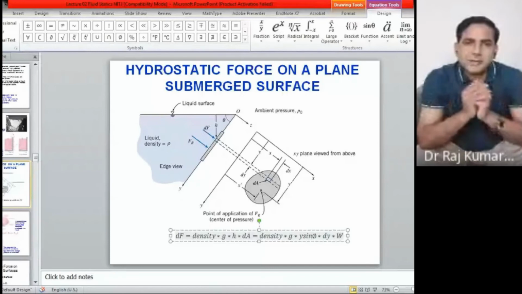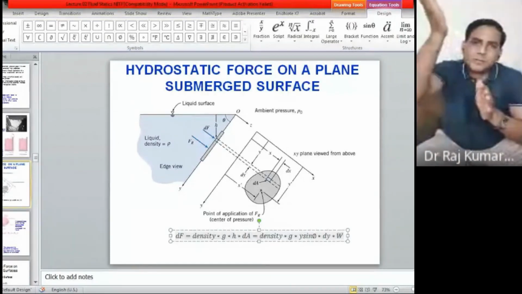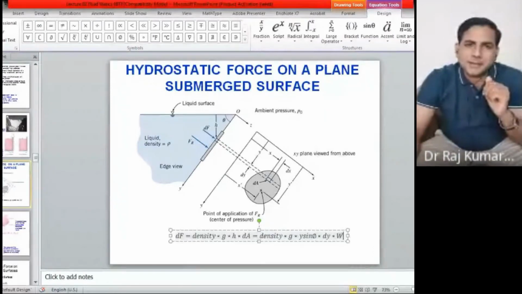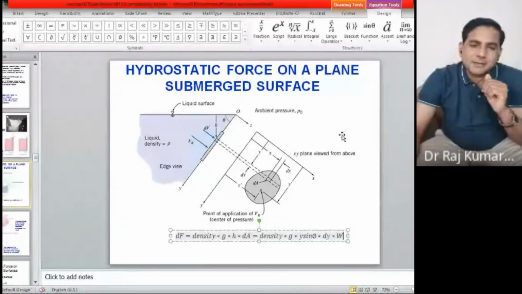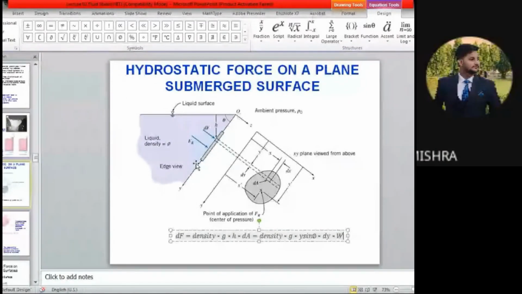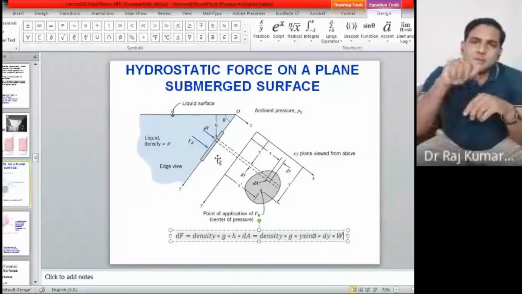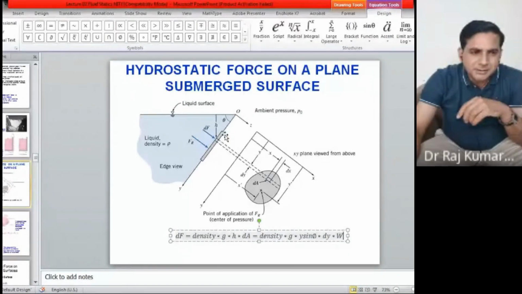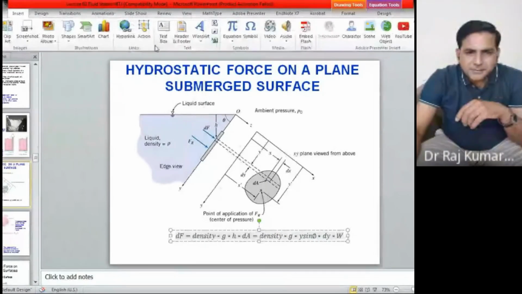Now this is the differential force. Now you want the total force on the entire gate. So what will you do? You will integrate this. From where to where? The gate is from here to here, the length of the gate. Whatever your length is, 0 to L. Say the plate is 0 to L: here is 0, and this much is L. So you can draw that from here.